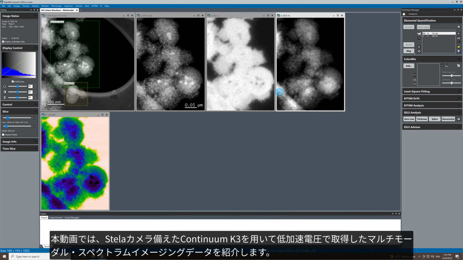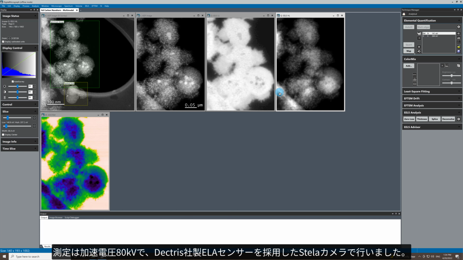Hi everyone, in this video I'm going to be showing the results of a low kV multimodal spectrum imaging experiment that I performed recently using the Continuum K3 with Stela. The experiment was performed at 80 kV, so I chose to use the Stela camera, which uses the Dectris LS